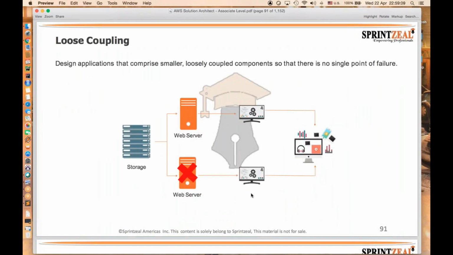And coming to loose coupling. In the normal cloud computing field, if you have different components working together, and if any one single failure happens, you can replace that service with another service, but the existing flow will not have any kind of effect. If you see in this diagram, here is a storage, and here you are doing some kind of transaction or processing.